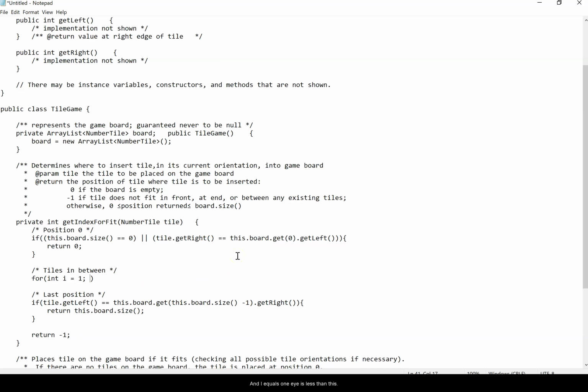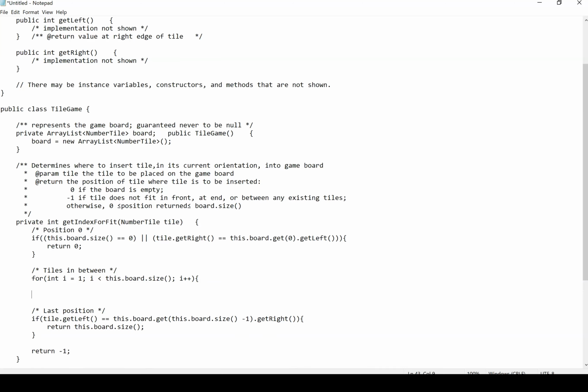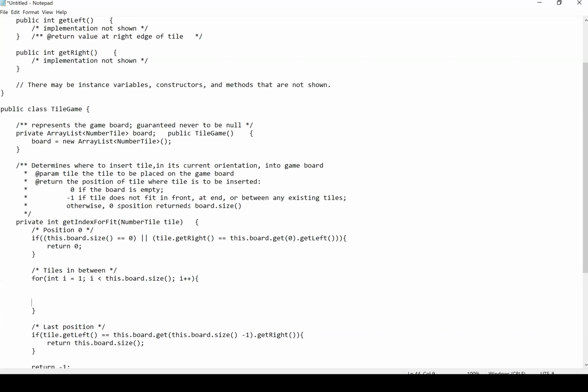Int i equals 1, i is less than this dot board dot size, i plus plus, and we're going to return i if we find it, but we definitely have to have an if statement in here somewhere. So if,